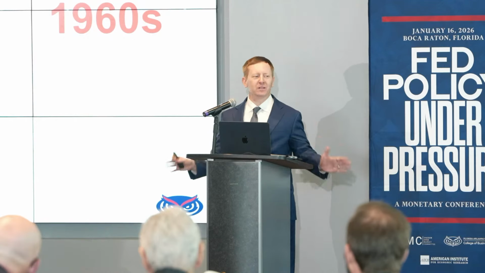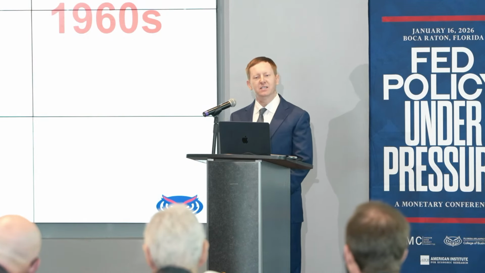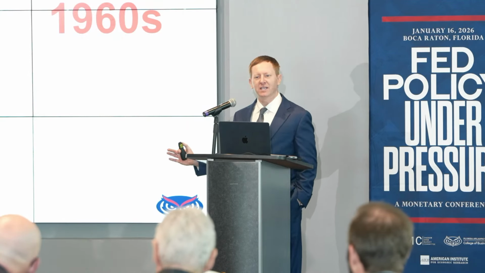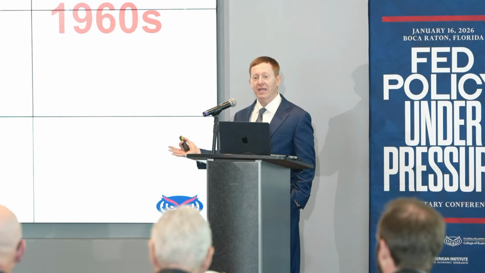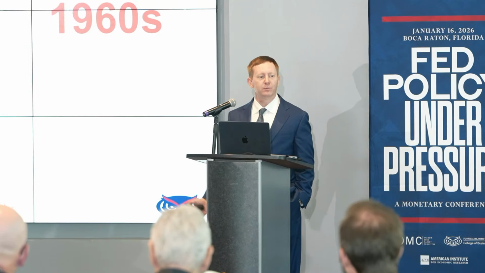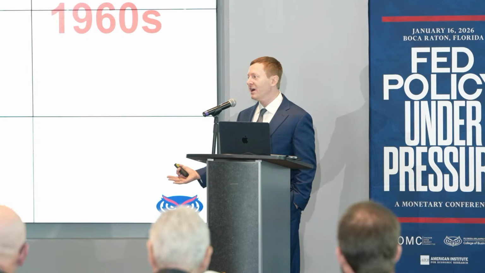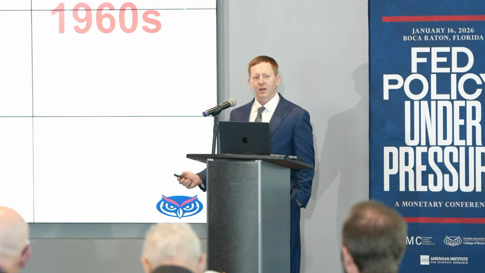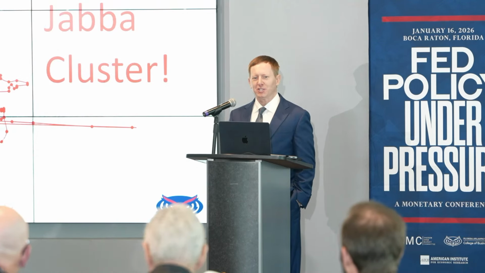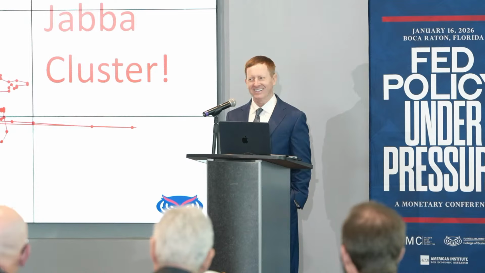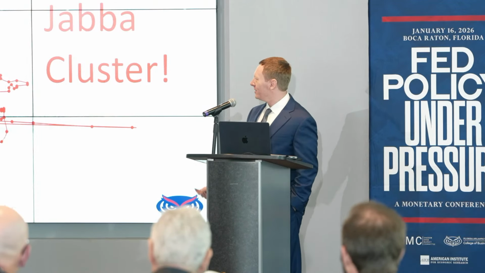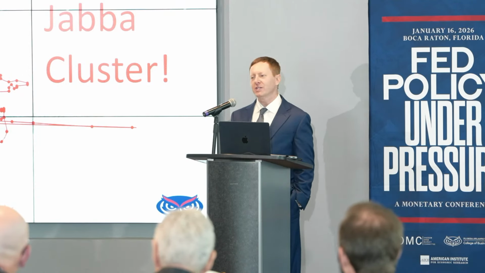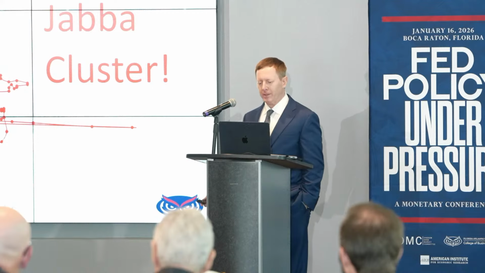Now, you can't really fault economists in the 1960s for adhering to this naive Phillips curve view. If you just went to the data in the 1960s, you would see what looks like a negative relationship between inflation and unemployment, and you have two very prominent economists, Samuelson and Solow, saying you can exploit this relationship. But here is what that relationship looked like thereafter. There's no Phillips curve there. We do have a Jabba the Hutt showing up. No exploitable relationship between inflation and unemployment.